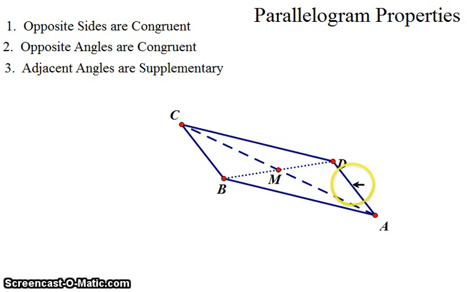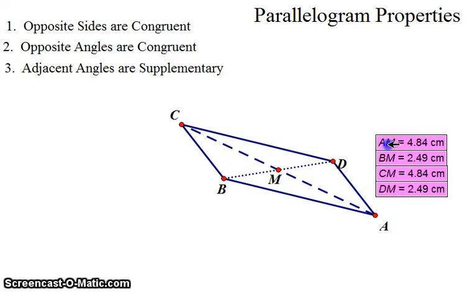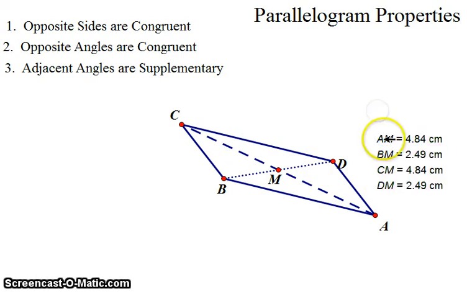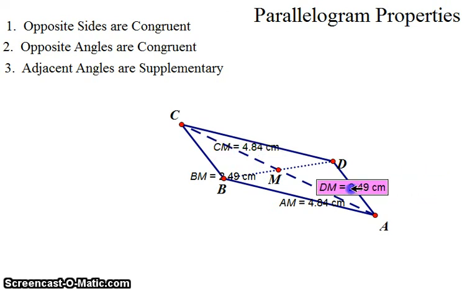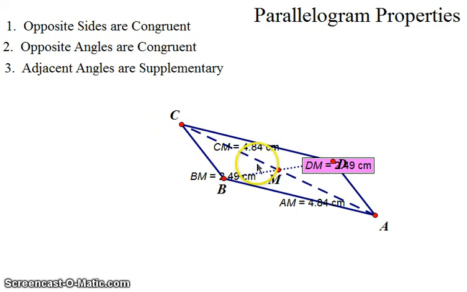As you can see, I have two diagonals of this parallelogram, and let's take a look at their measurements. AM is 4.84, BM is 2.49, CM is 4.84, and DM is 2.49. What did you notice? You notice that two pieces of a diagonal are congruent, which means that this diagonal is